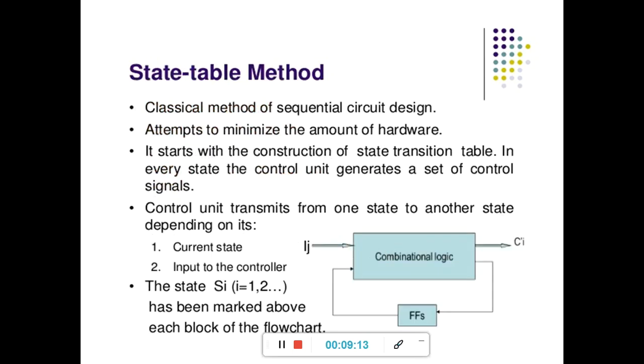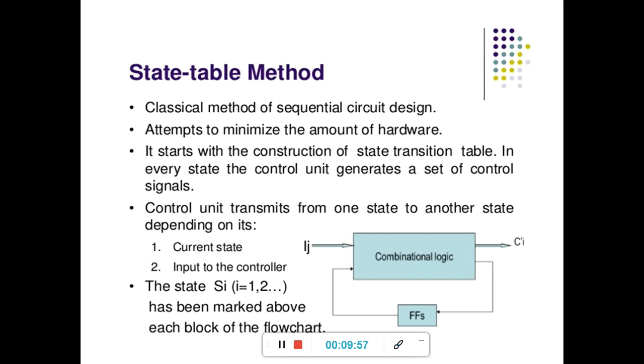What is the state table method? Here the designer of the central processing unit lists out all possible states of the circuit and minimizes the number of states, and only then forms a table and generates a control signal. Have you caught my point? Here the designer of the CPU lists out all possible states. For example, we have n possible states; we can take n as 10. We have 10 states. From those 10 states, the circuit keeps a minimized number of states. Out of 10 we can choose only 5. Then they form a table.